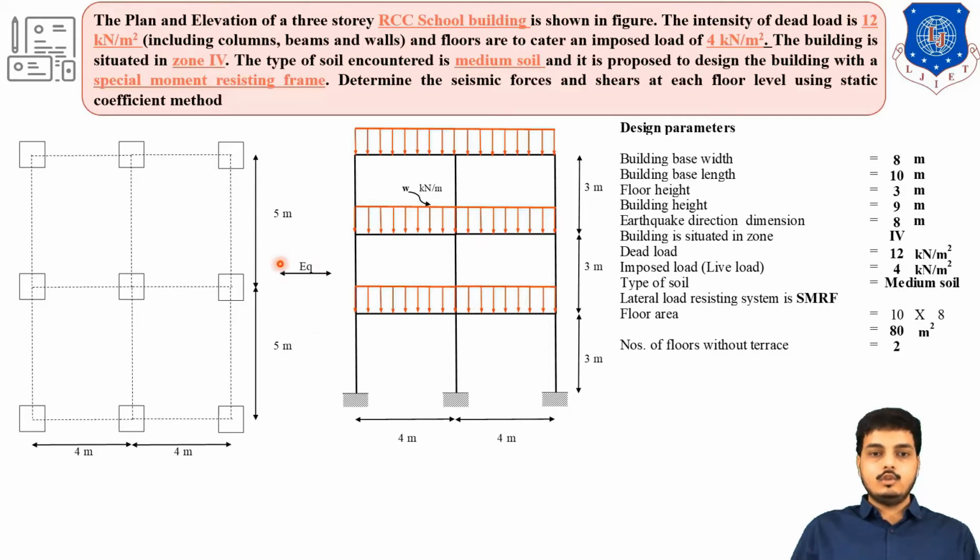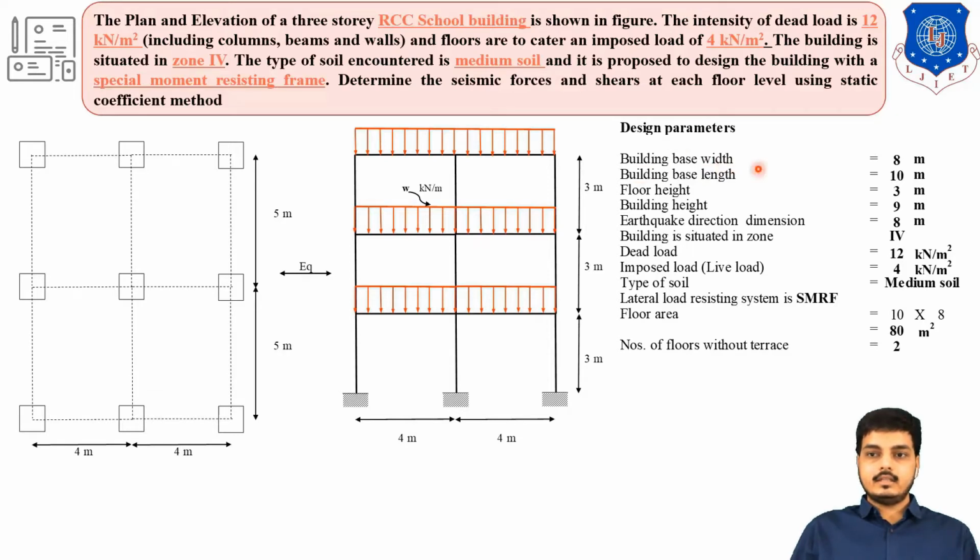Also here, EQ has been mentioned, meaning the earthquake is going in this direction. So this direction, meaning this distance, will be helpful in finding the value of natural period. I will be showing you that, but right now I am pointing out the points you need to catch during the exam to solve the sum. Now here is the load on the floors. The floor to floor height is 3 meter, as you can see, and this 4 meter portion is what you are looking at in the elevation.